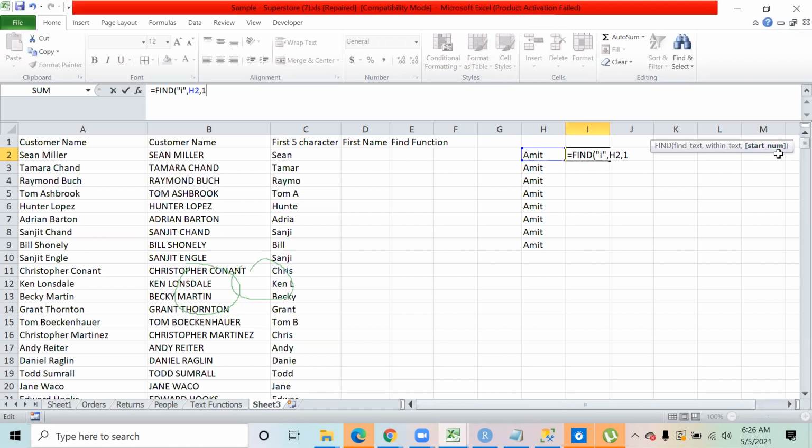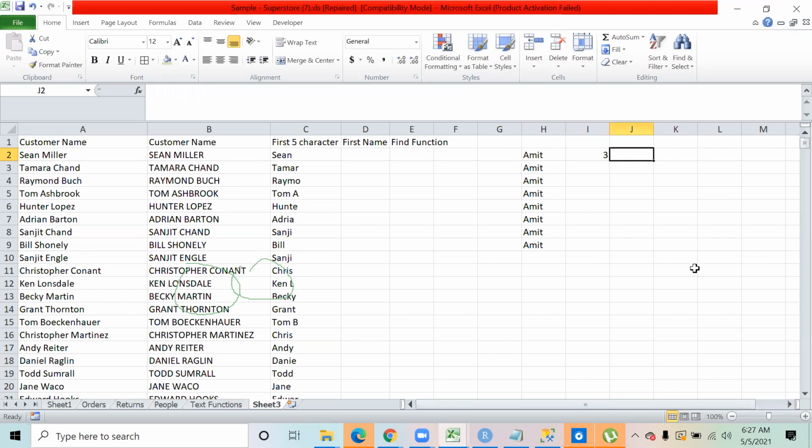If any one of you remembers, the same way when I was using the left function, over there also the number of characters was coming in the square bracket. Now, what do we understand if something is coming in the square brackets? That means that particular input is optional. So I get the output over here, Amit, I is coming at 3rd position. I get the output as 3, which is totally correct.